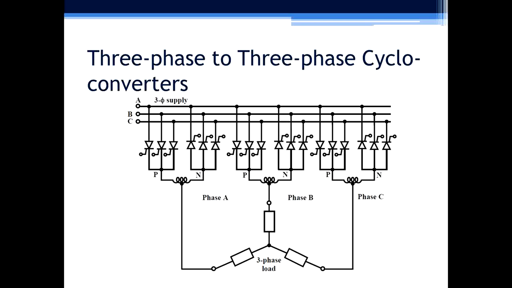So in order to vary the frequency, you have to control the frequency of each phase A, phase B and phase C. Once you are able to vary the frequency of each phase, you can change the frequency of the stator side of the induction motor, and if you change the frequency, you will see the speed variation of 3 phase motors. So these kinds of converter topologies are used for speed control of induction motors. So 3 phase to 3 phase cycloconverters find their application in 3 phase induction motor drives.